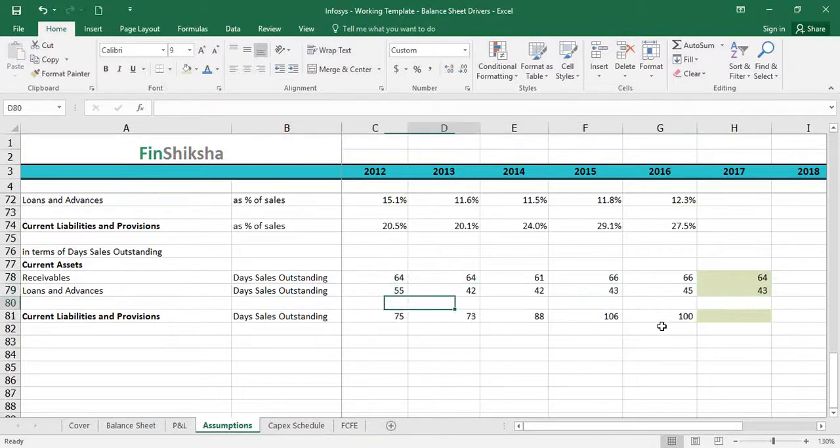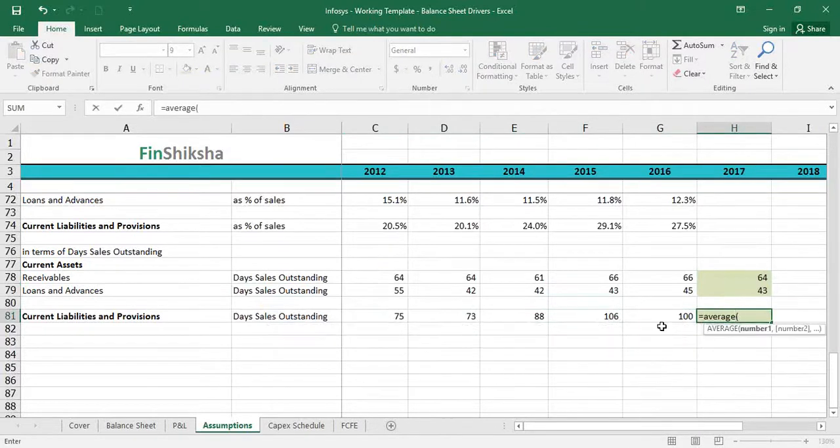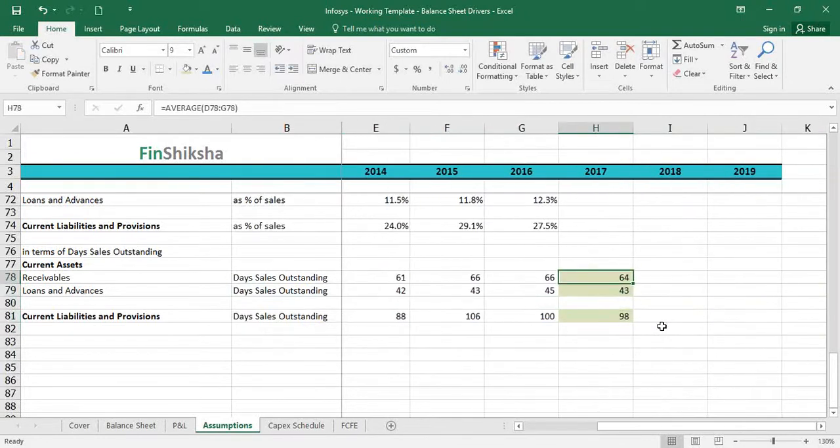The previous year was out of ordinary. This seems to have increased over the last 3 years. So I'm going to take only an average of the last 3 years here, right? Remember, this is number of days sales outstanding. If I multiply this with basically my revenue per day, or I divide this by 365 and multiply with the revenue, that should give me my